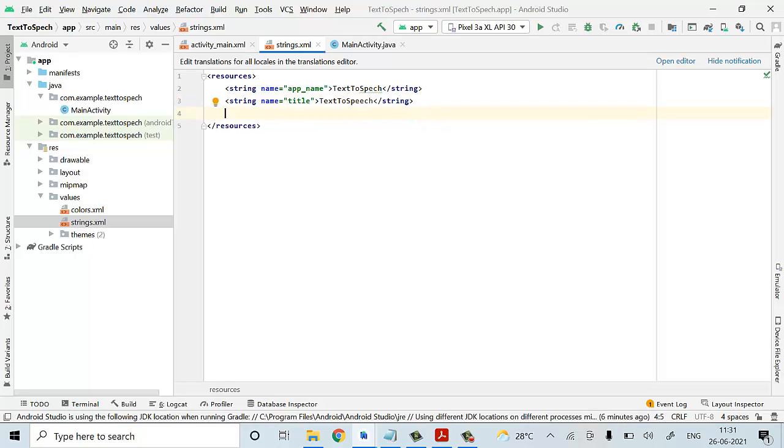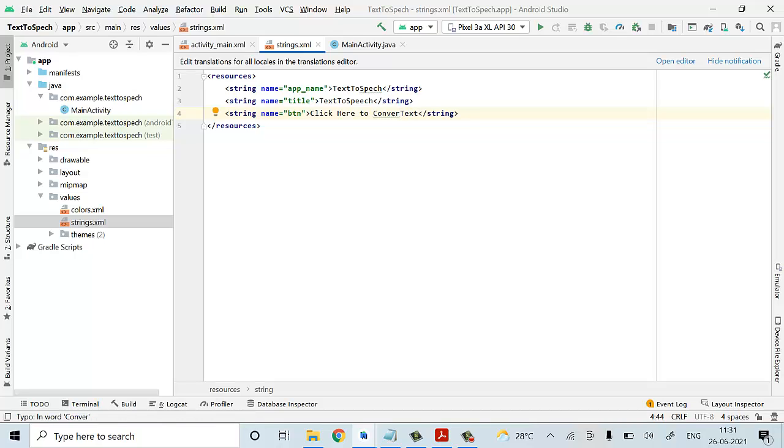Now for the button we have to specify some name. So I'll make this a string, and here I'll specify it as btn. Here I'll write: click here to convert text to speech.